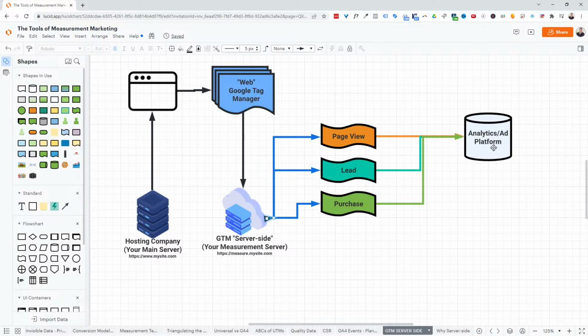The server says, send this to Google Analytics. The server says, send this to GA4. The server says, send this to Google Ads, right? But it's your measurement server that's in charge. So far, so good. But all we really did with this particular setup was complicate things